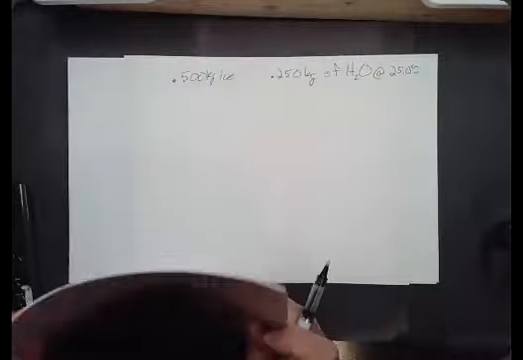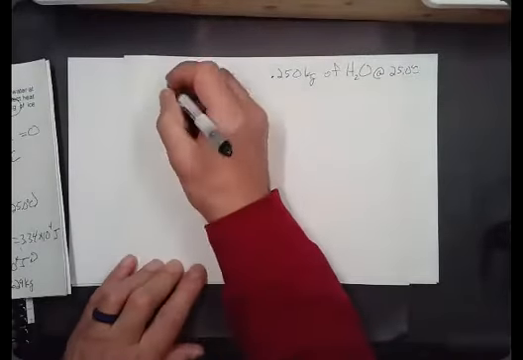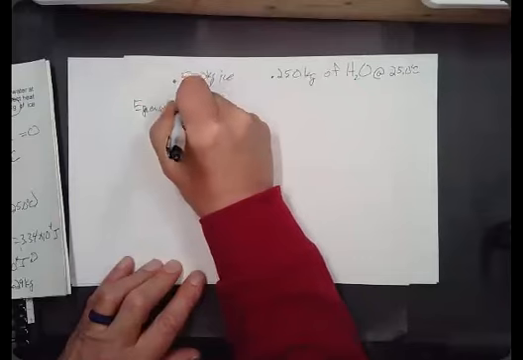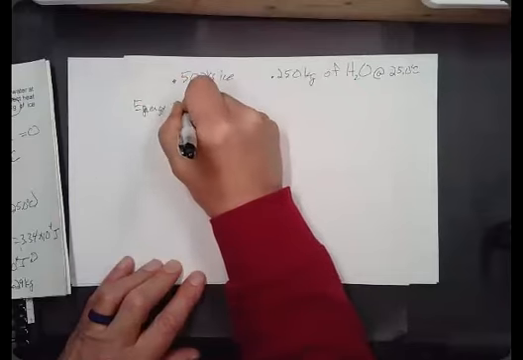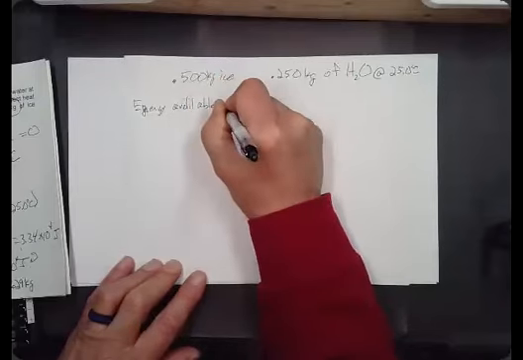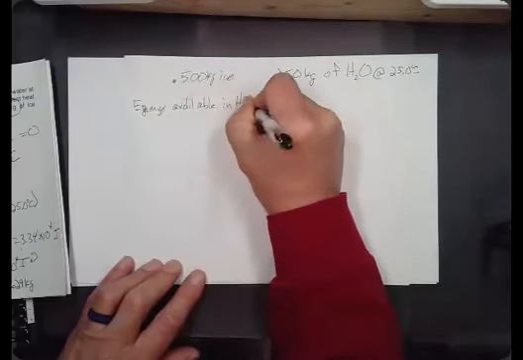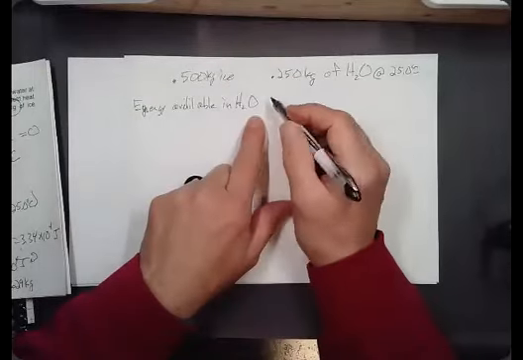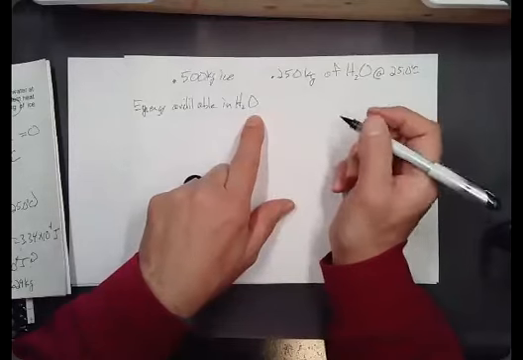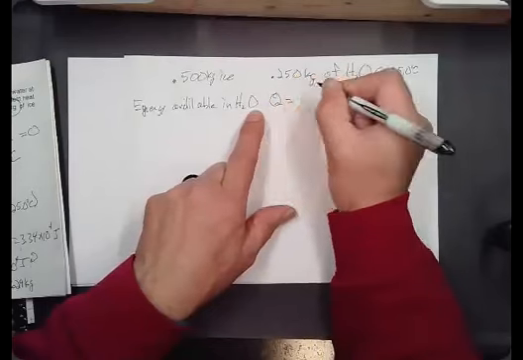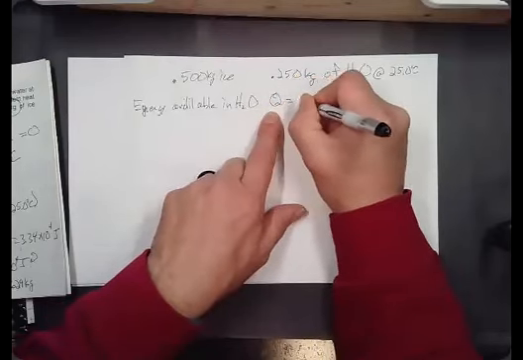So let's look at this. Energy available. This is going to be the energy available in the water as it drops down to 0 degrees Celsius. So the Q for the water, the heat flow out of the water, is going to equal